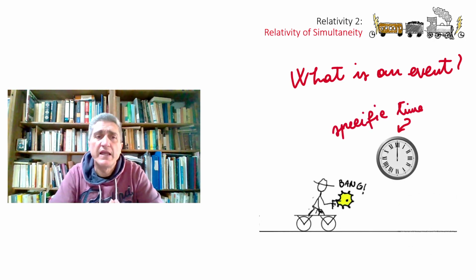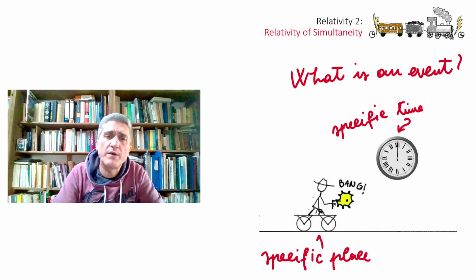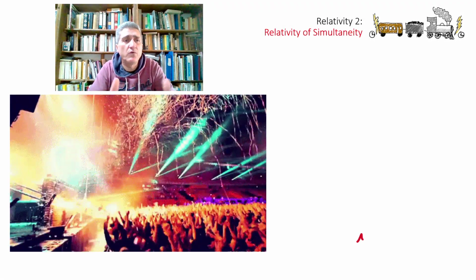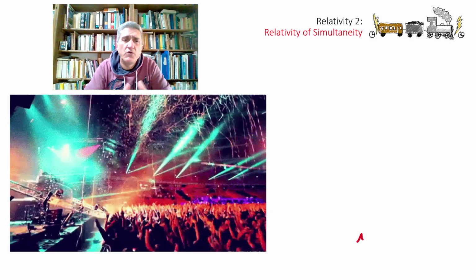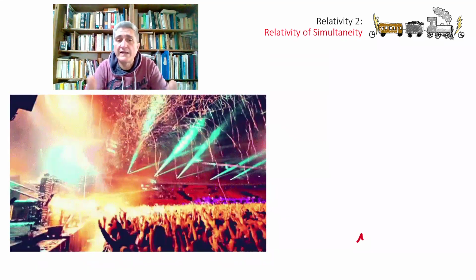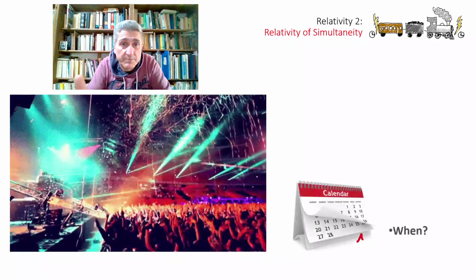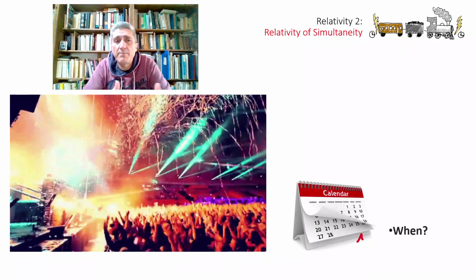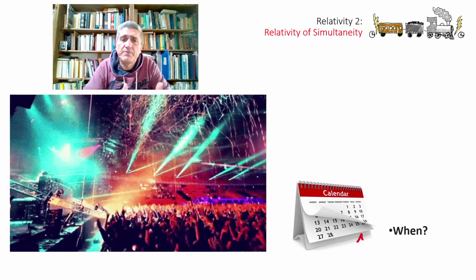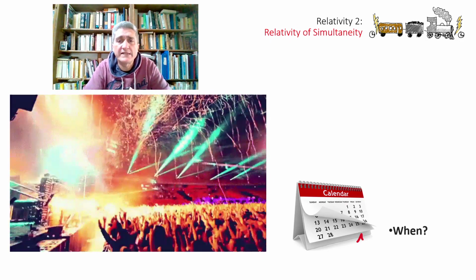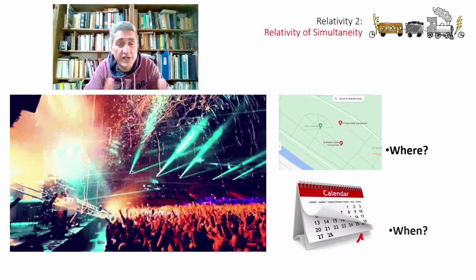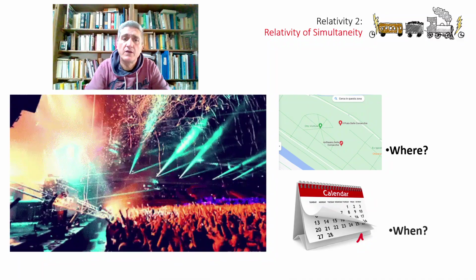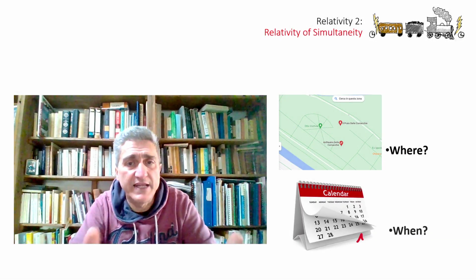For instance, if someone is inviting you to a party at the Cascine Park in Florence, Italy, the city where I live, and you want to go there, you will ask, okay, but when does it begin? On the other hand, if you are invited to a party for the next Friday and you want to go, you will ask, okay, but where is it? There is no party, there is no event without a location and a date.